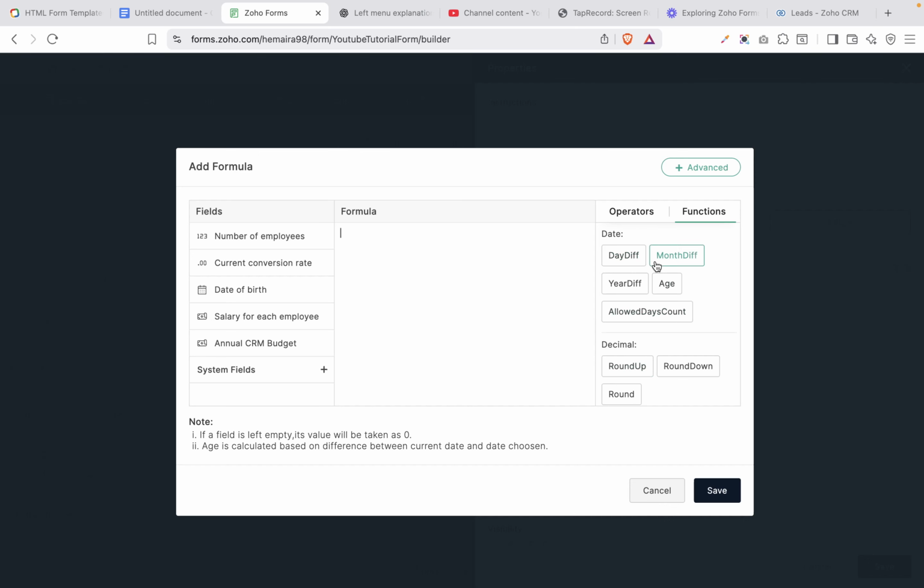You can just pin this whichever way you want. You can add in a month difference also. You can add in a year difference, and for the year difference, the best scenario I can think of is to calculate their age. So let's say we have a birth, or remember we have date of birth in here, and when we click on the year difference, it is going to ask us for this first date field. Then we can say their date of birth